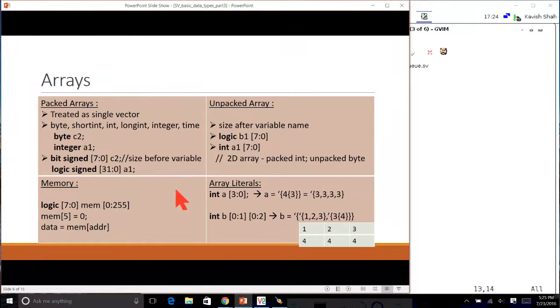Like structure literals, there are also array literals. We will go through it. Let's say I have one integer array, say int a 3 down to 0, so it's unpacked one. And if I want to assign all members having value 3, what I can do is tick then curly braces. This 4 curly braces 3 is a repeating operator, so 3 will get repeated 4 times. So this is equivalent to tick in curly braces 3333. So my array got value